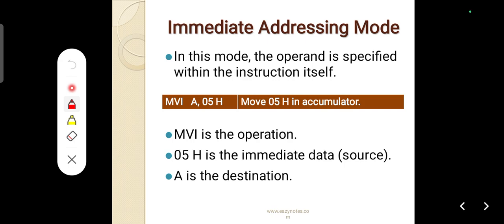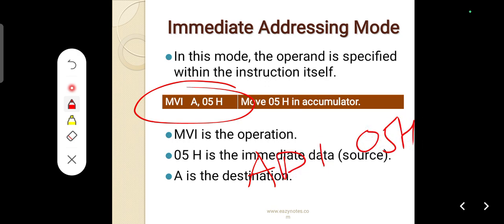Now comes immediate mode of addressing. Immediate mode of addressing means whenever the operand is available with you in the instruction itself, it is known as immediate mode of addressing, like MVI A, 05H. A second example is ADI, that is add immediate, 05H. It means it is going to be added directly with the accumulator, and the final answer will be available in the accumulator. Similarly for subtraction. Is it clear? Here you will be writing something like 08H. Whenever content is available in the instruction itself, it is known as immediate mode of addressing.